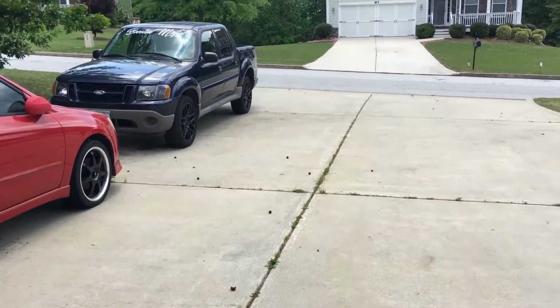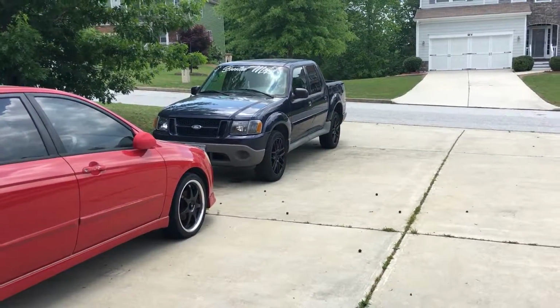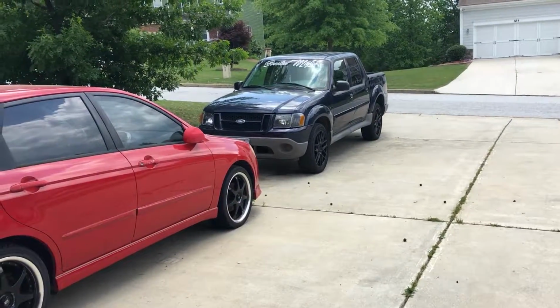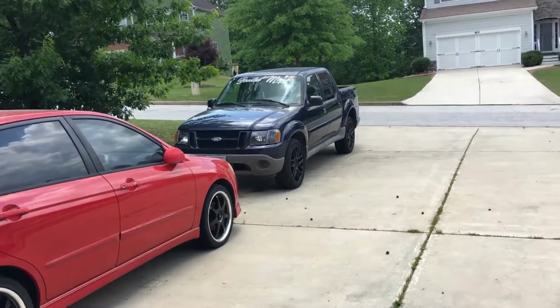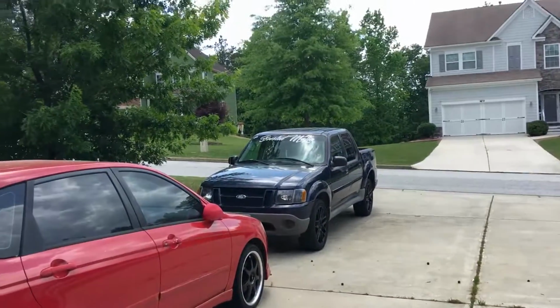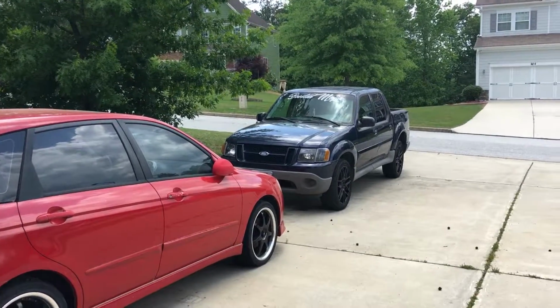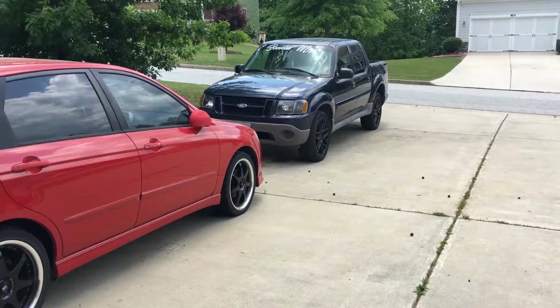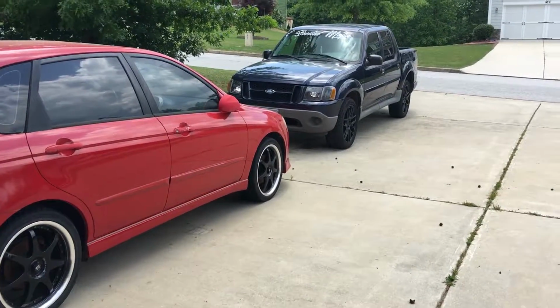Currently, I have no idea what exactly I'm gonna do with this block setup, whether I'm going to just replace everything with factory components and have the block rebuilt, or if I wanna go ahead and throw in a forged piston set, because I do have forged rods. I found out the 4.0 did come with forged rods. I just need forged pistons to run high boost applications for this collaboration that me and my friend Josh are doing,